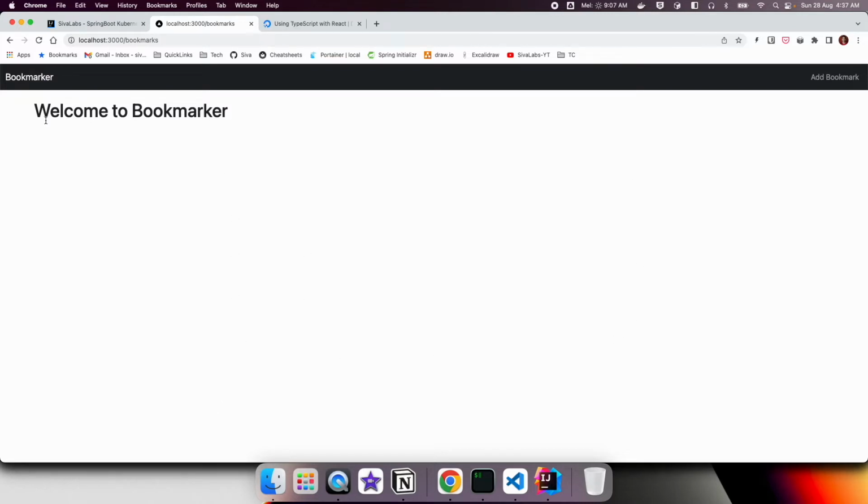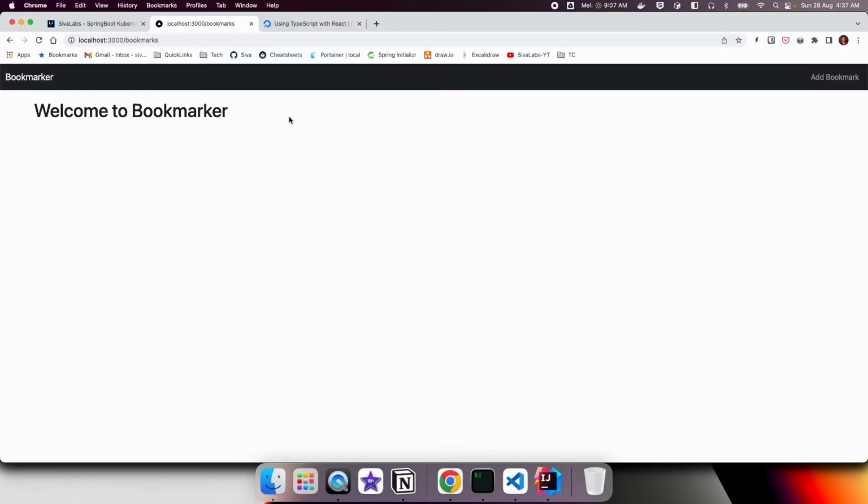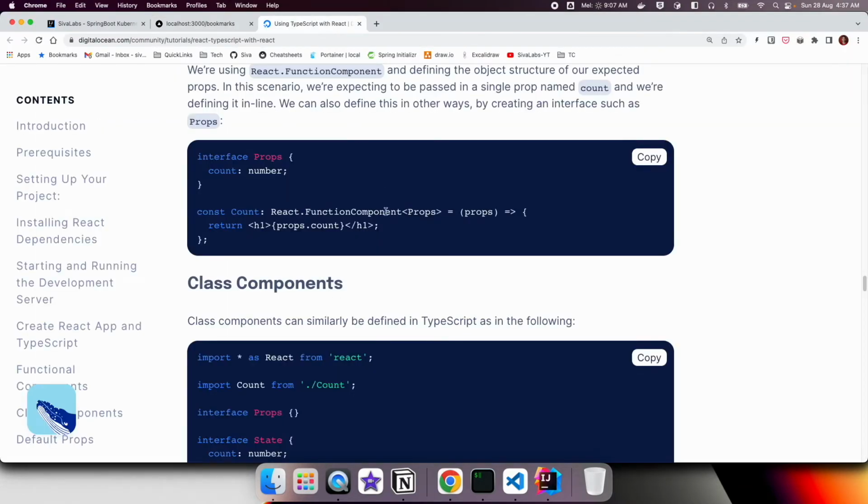This is the bookmarks index page where we have to display the list of bookmarks. And if we take a look at the code, this is a simple React component where we are extending the Next page and then displaying the content. Also, if we take a look at plain React with TypeScript usage, usually we create our component by extending React.Component